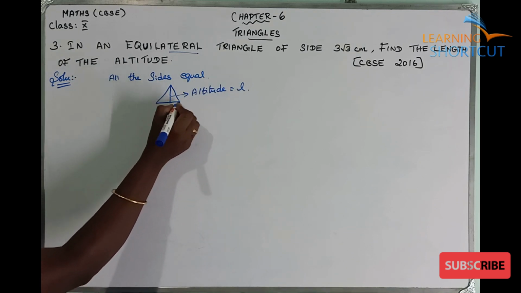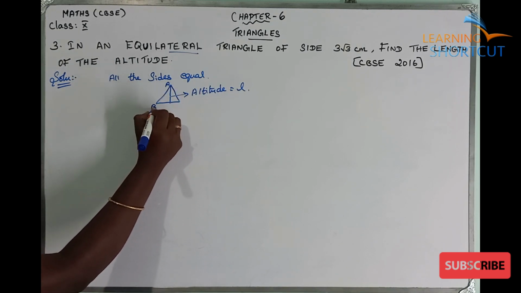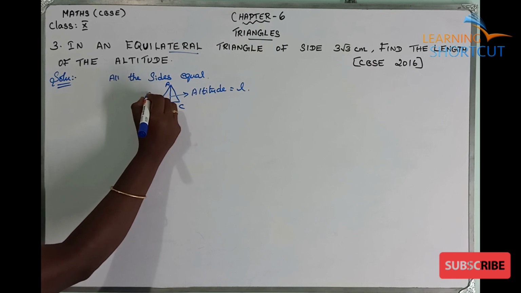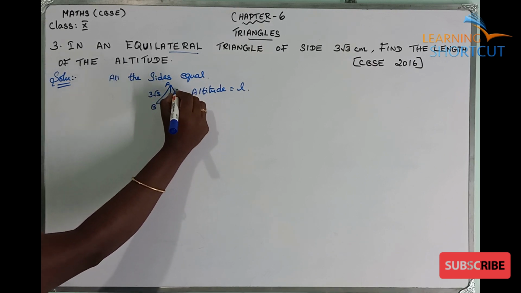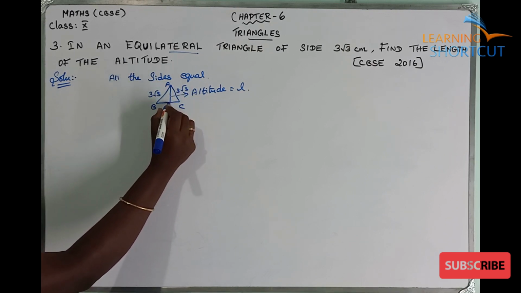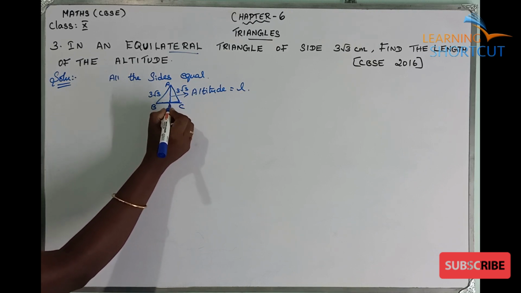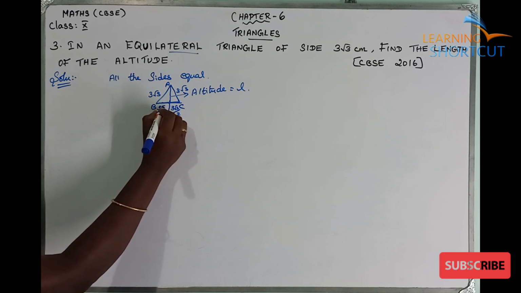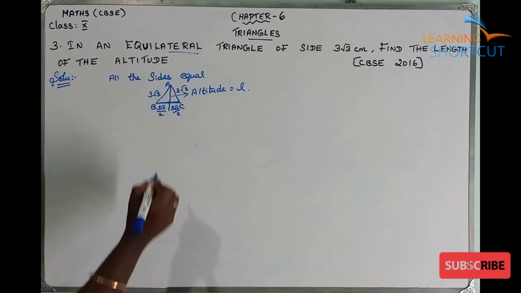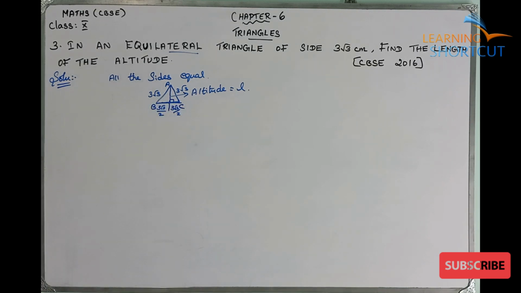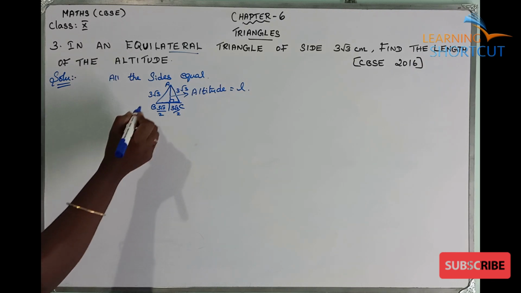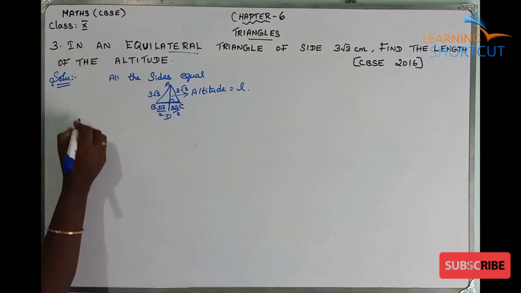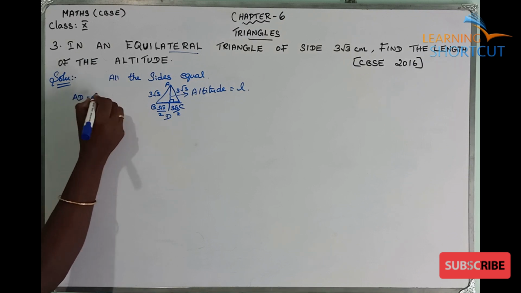So this is an equilateral triangle. If you consider this as ABC, then the side is equal to 3 root 3. They have given 3 root 3, so we write 3 root 3. Here it is divided into equal halves, so at the midpoint we can write 3 root 3 divided by 2, and here also 3 root 3 divided by 2. Okay. So it is a right angle triangle. You can take it as a right angle triangle because we want to know the value of the altitude. So if you consider that AD will be equal to your altitude,